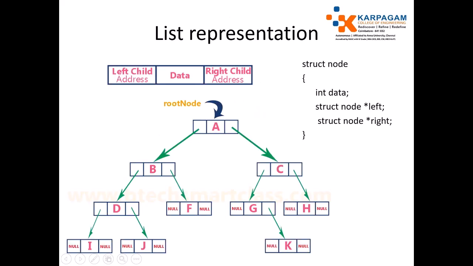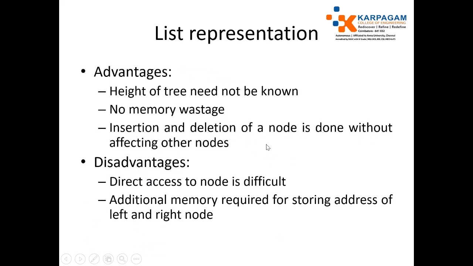But here we have three divisions: data, address of left part and address of right part. The list elements are accessed by using the address of the left subtree and the address of the right subtree. For this purpose we are declaring the variables left pointer and right pointer for every node, so that is an overhead. This is the drawback of linked list representation of a tree.